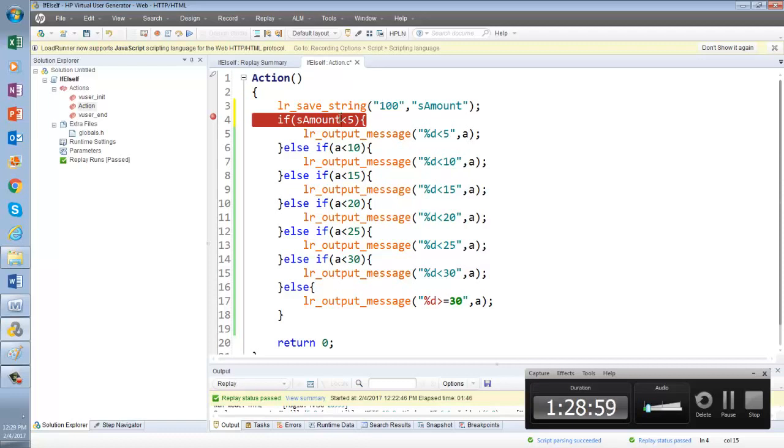Remember, we have learned lr_eval_string. Whenever something is in a parameter, you will have to use lr_eval_string, and then you put a double quote, then a curly bracket, and inside you put s_amount.